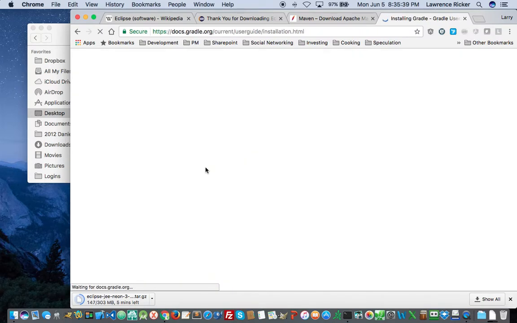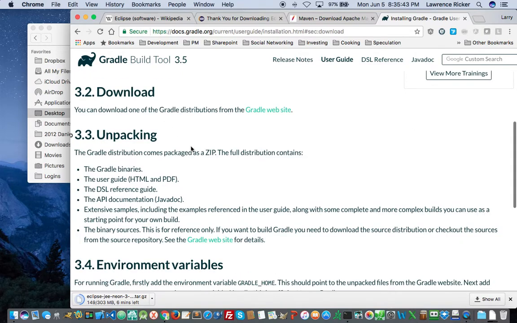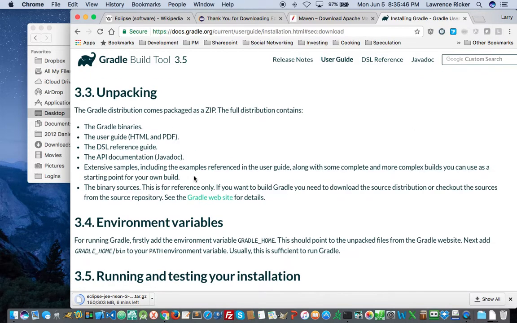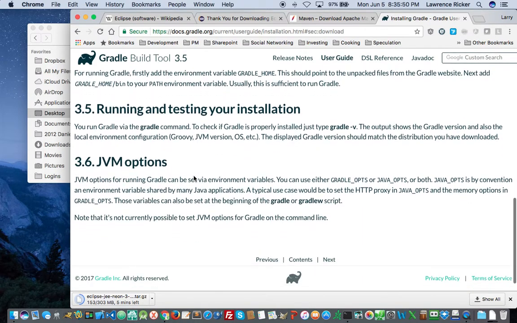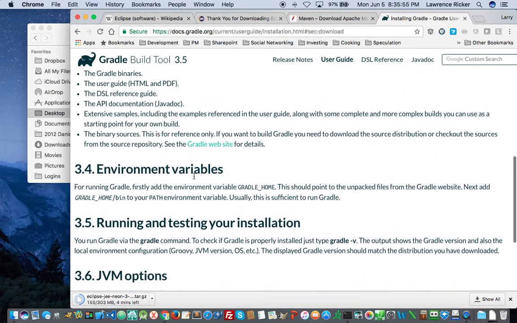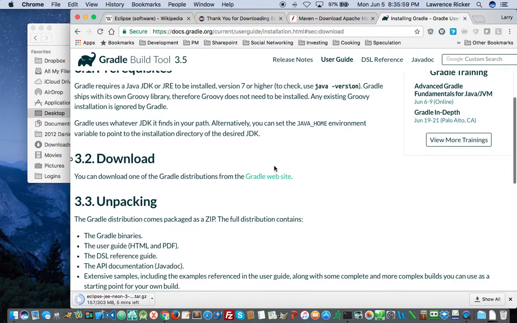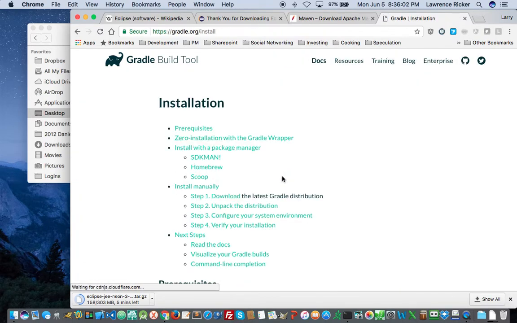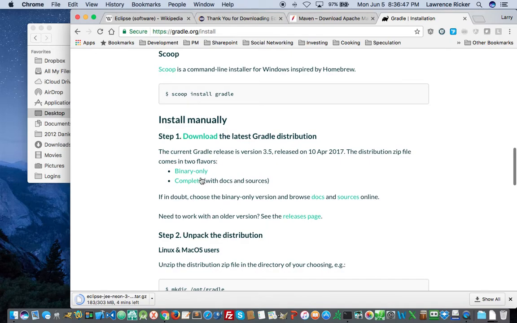Definitely want the 3.5 version. So let's go with the binary only. Oh, actually,